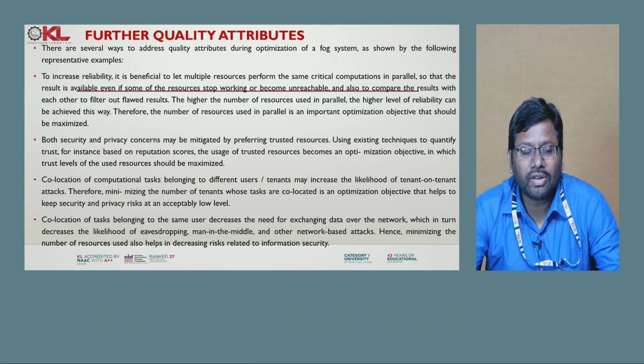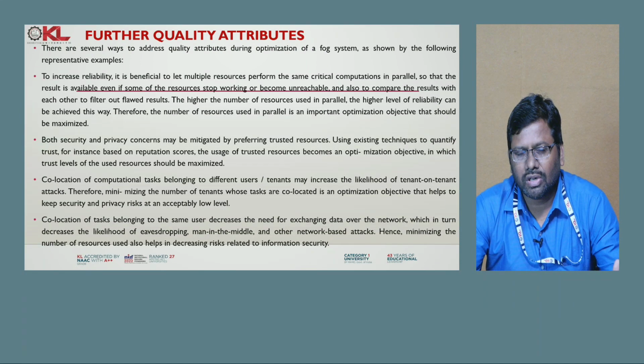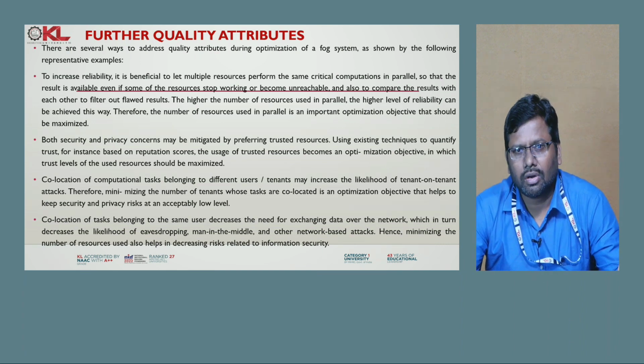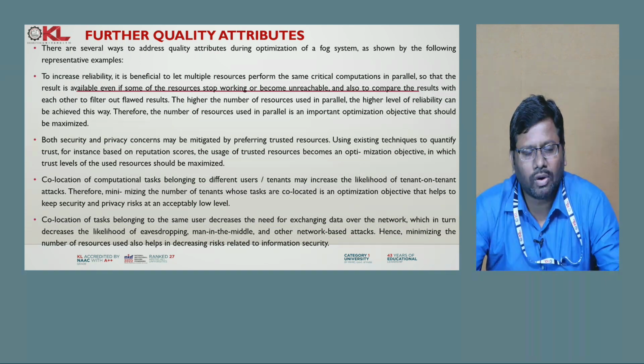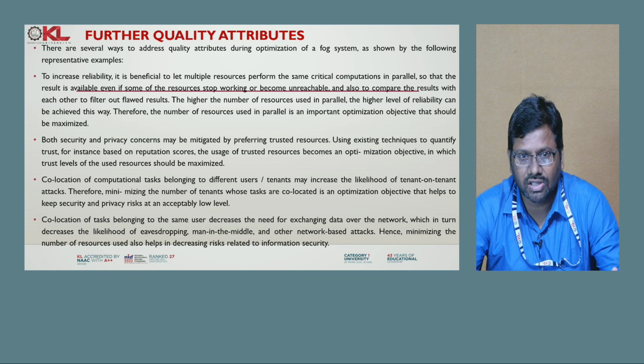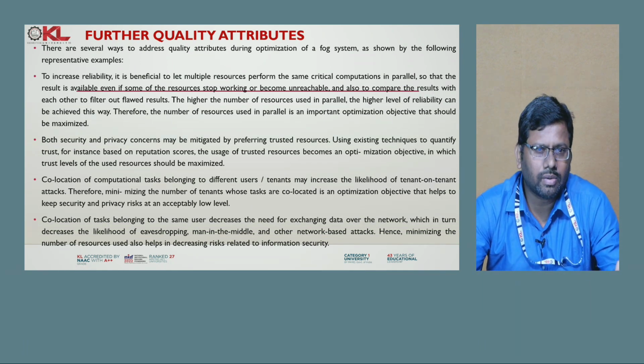Next, besides security and privacy concerns, this is also very important. Whenever we are talking about the IoT devices or a number of routers, whatever it may be, with respect to wireless and wired devices, they are being connected. So a lot of confidential and important data is being transferred through these media. At that time, definitely security is a major concern. So security and privacy of the content, whether that is personal data or whatever may be the kind of data, security must be provided.